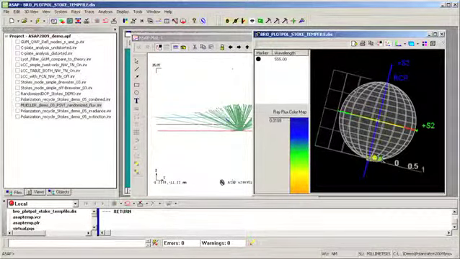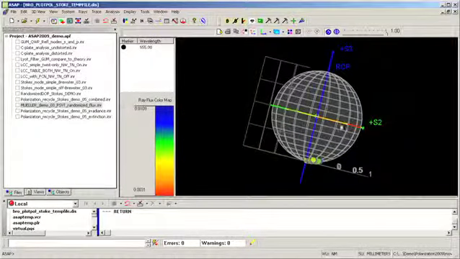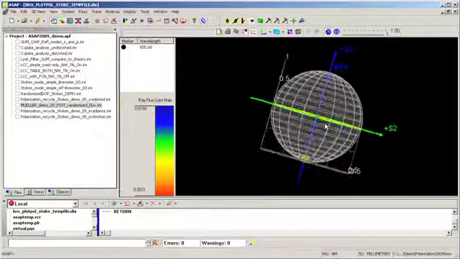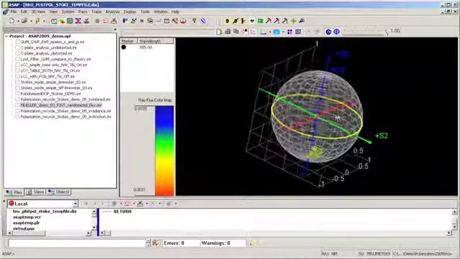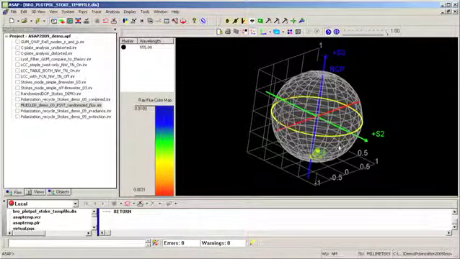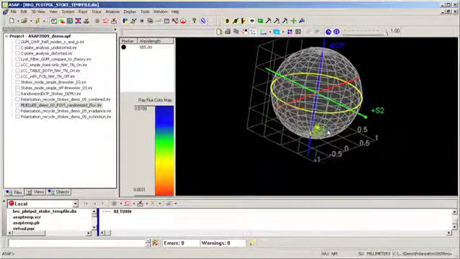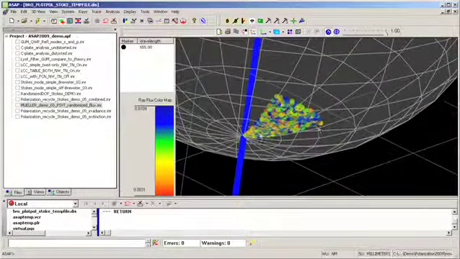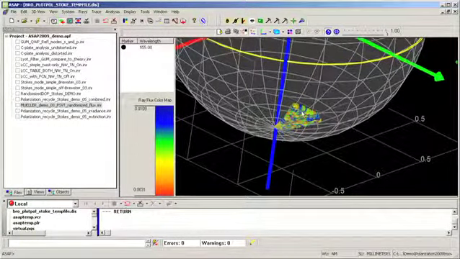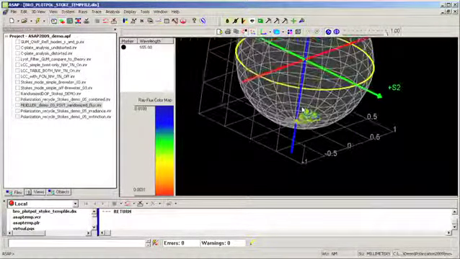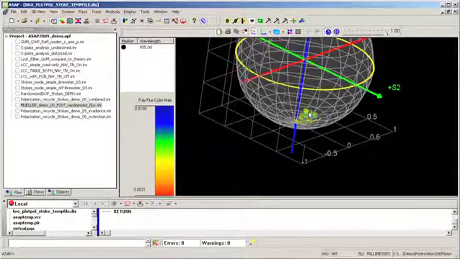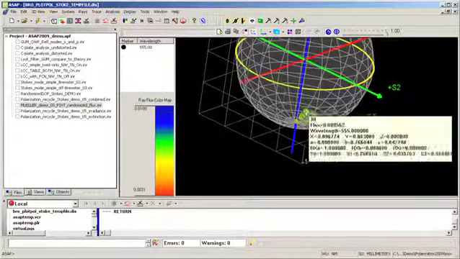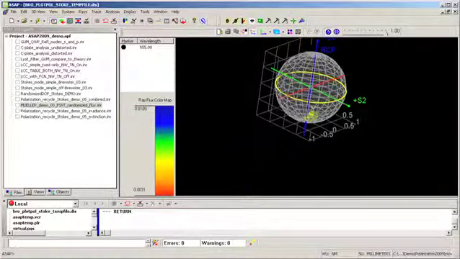If we take a look in the Poincaré Sphere tool, we have the original source and we have the final state of light after interacting with the depolarizer and diffuser. So let's take a look at this. If we zoom in, we see a very tightly packed group of rays on the surface of the Poincaré tool near the left circular polarization area at the bottom. That's the source. It's fully polarized